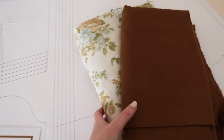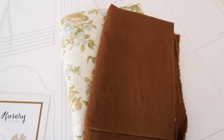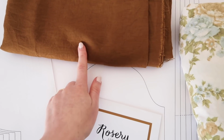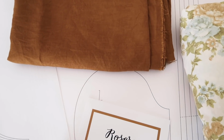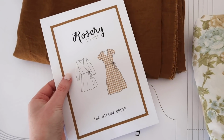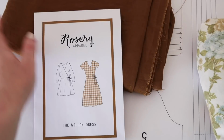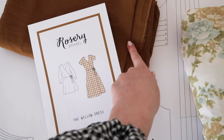And here is a little look at the fabrics I'll be making the Willow dress out of. So this mustard is a linen fabric and it's by A&R Fabrics, and they kindly gifted me this fabric. I just think that mustard with the paper pattern looks so perfect, it's ridiculous. So I'll be making probably the shorter version of the dress out of this mustard and then the longer version